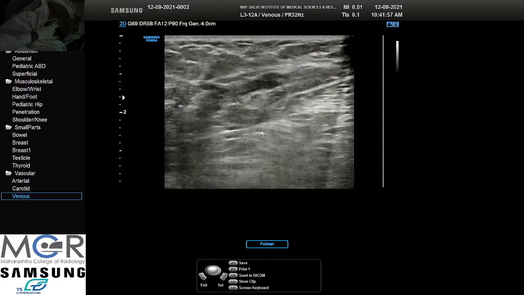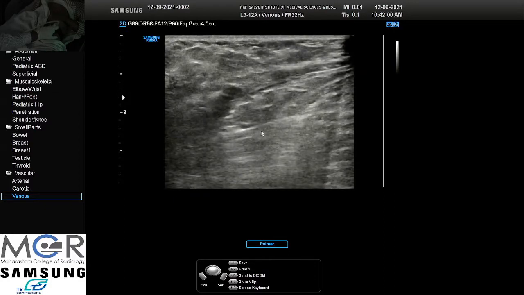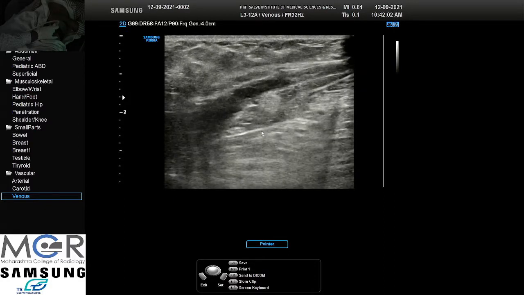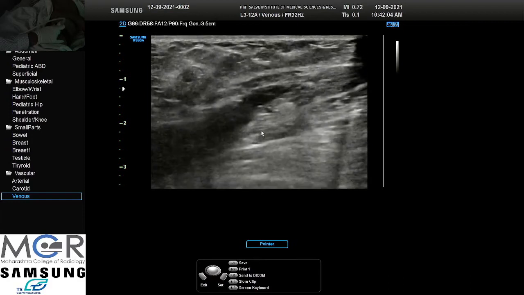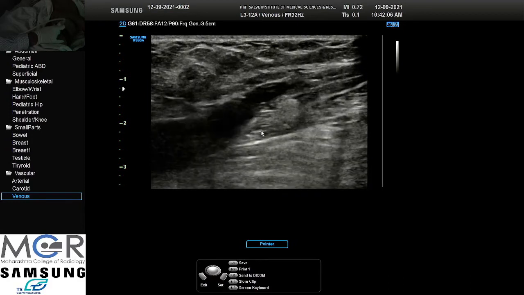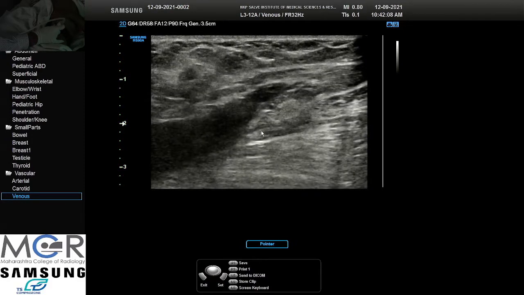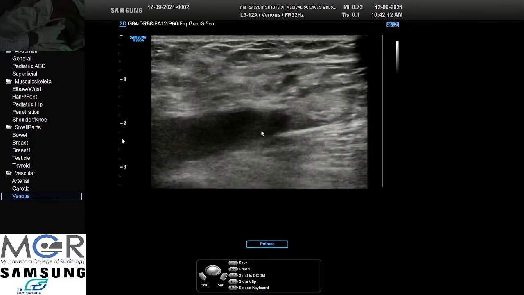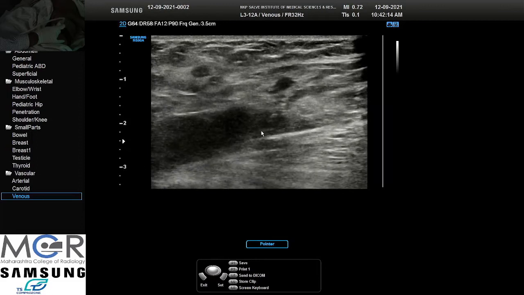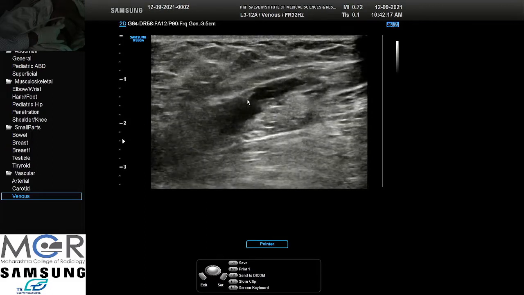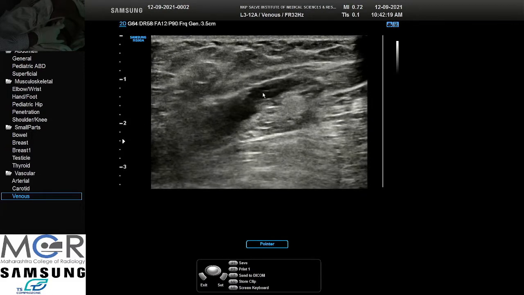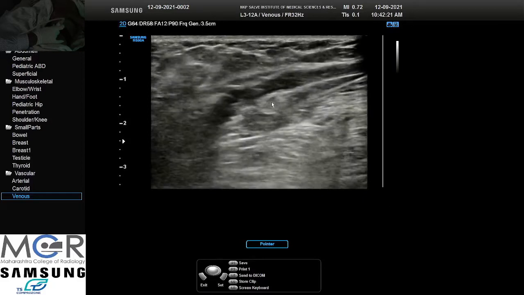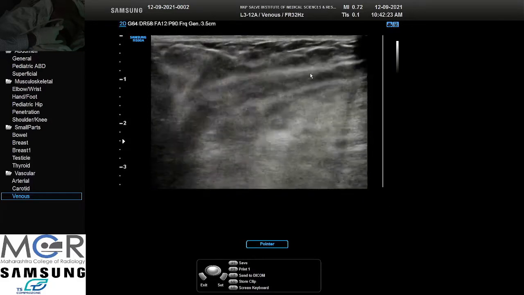Reduce the probe pressure and see the junction. This is common femoral vein, that is the junction. This is the wall and that is GSV.